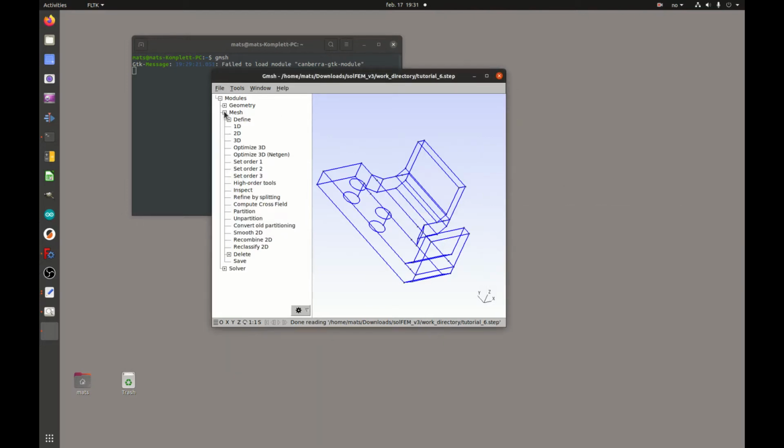So first you mesh all the lines by clicking 1D, and then you mesh all the surfaces by clicking 2D, and finally click the 3D button. It will mesh the volumes. Now the mesh is ready,